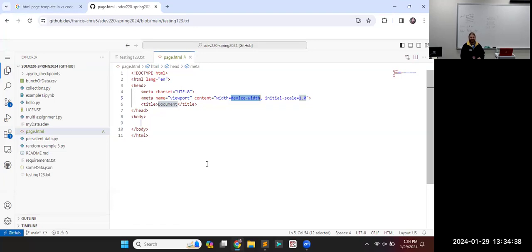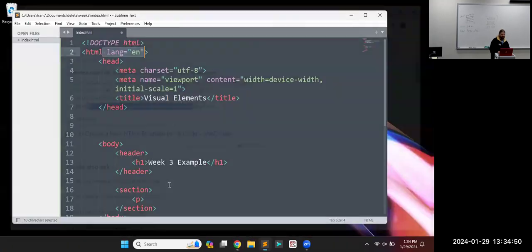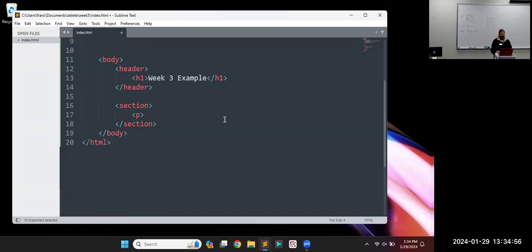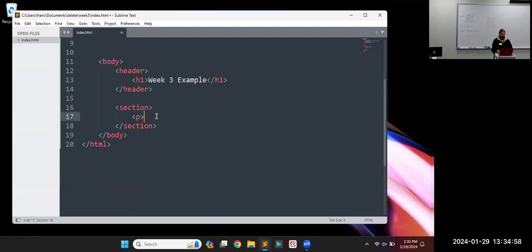Part of the reason I don't use VS Code is so that I'm using something different than you, and that way we don't spend too much time learning a particular text editor, and we're actually learning the subject. But yeah, now that we've talked about all those things and set it up that way,